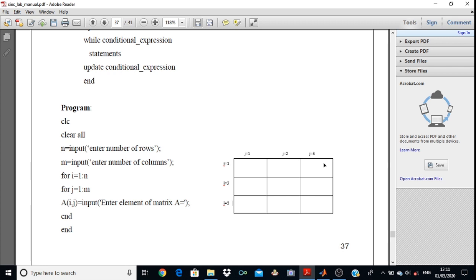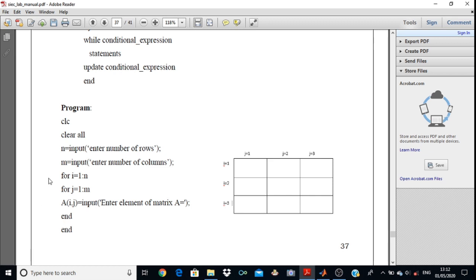Yesterday, in the sine wave generation using MATLAB, I explained to you that there are n number of library defined functions in MATLAB, and you can use those library functions in your program easily. So we have taken input, then in the inverted commas enter element of matrix A, and as we have taken two for loops, we have to close them with the end expressions.